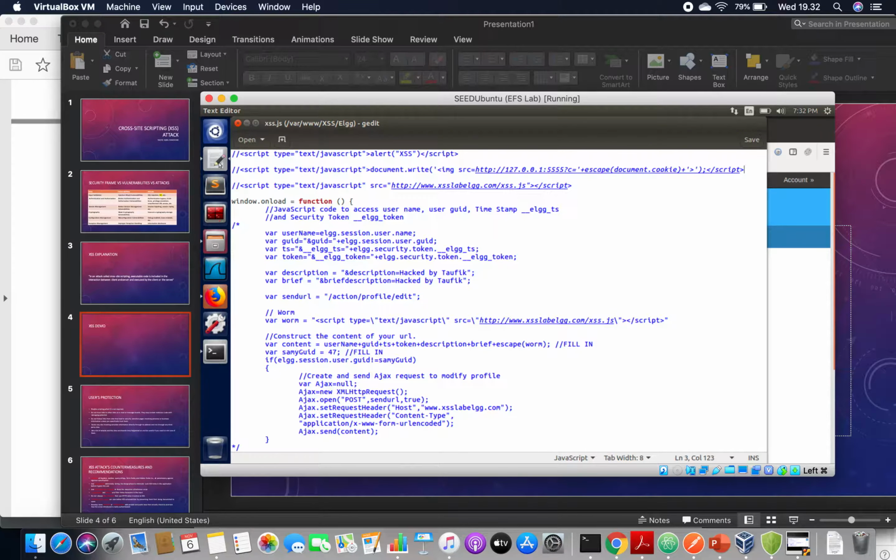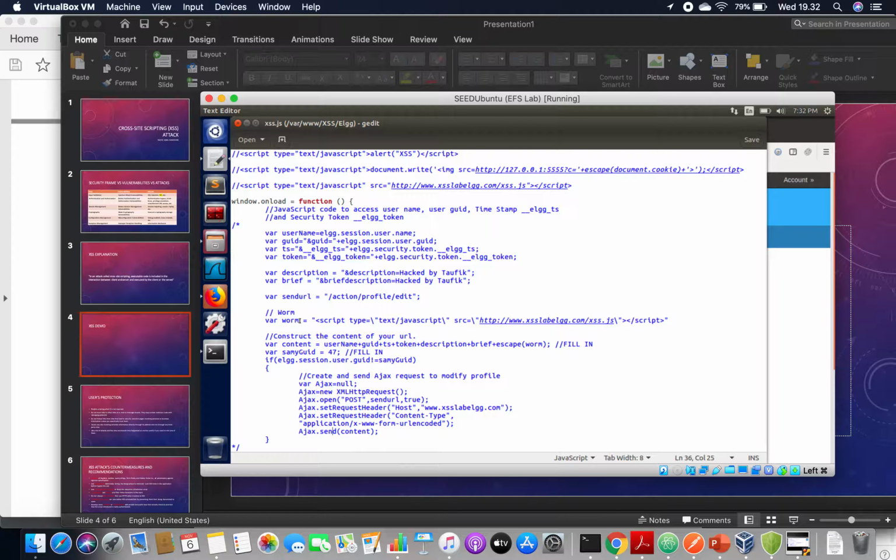XSS also can be combined with another attack such as CSRF. This script shows that it includes the CSRF that sends some POST requests, and also using this script we can deploy a worm.